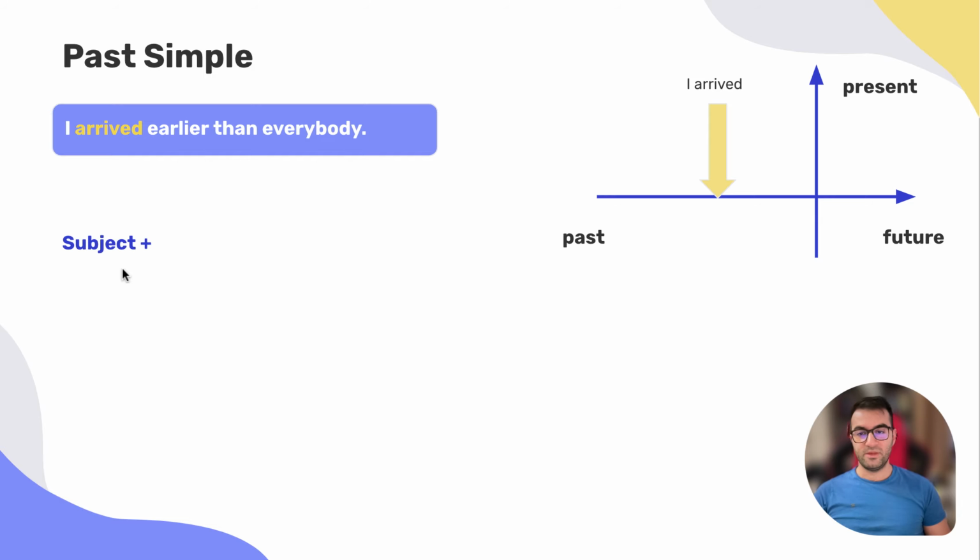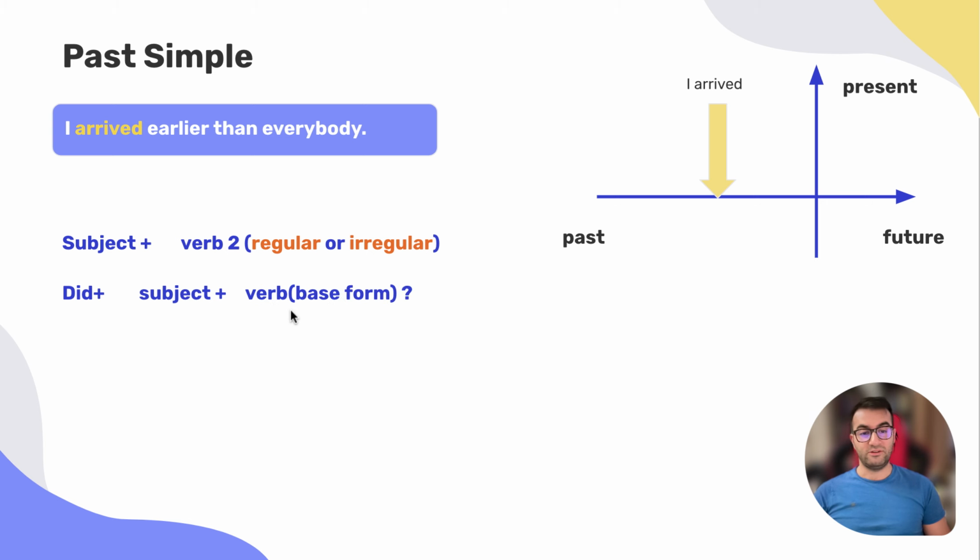And how do we create it? We use subject, obviously, and the past form of the verb. And I'm sure that you already know that in past simple, we've got two types of verbs, or verbs are in two groups: regular verbs and irregular verbs. In questions, we use did and then subject. And because we already have got did, we don't need regular or irregular verbs. I mean, that doesn't matter because we use just the base form of the verb. And in negative sentences, we use subject, then again, did not or didn't, and the verb base form.